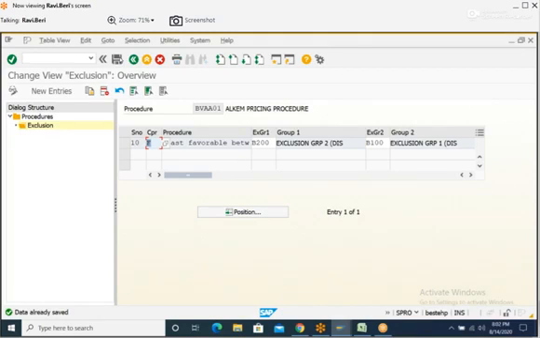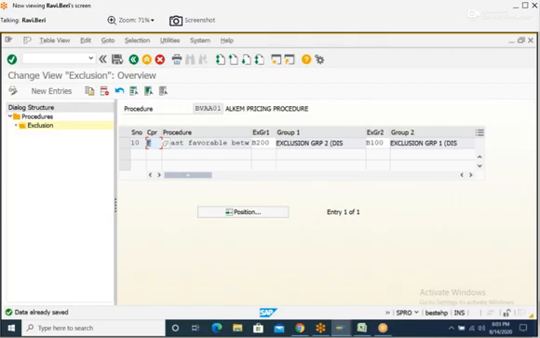We just created a pricing procedure and we mentioned some fields, but we don't know what they are. We mentioned requirement, we mentioned some formulas, we mentioned account key, we mentioned from and to, but we don't know what those are. So we'll discuss now the 16 fields of pricing procedure.